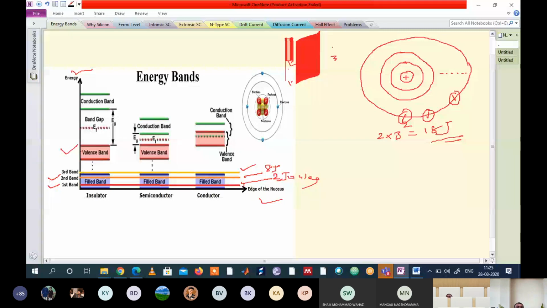After the valency band energy level, can anyone tell me what energy level is present? Is there any orbit present after the valency band? There is no orbit. But how do we get an energy band? In the last class I told you, if I give certain energy to this valency electron, it will jump from this position and enter into space, into the atmosphere, leaving here a hole. That electron will fill another hole present in the atmosphere, which is also an atomic structure. So this is called an excited electron.